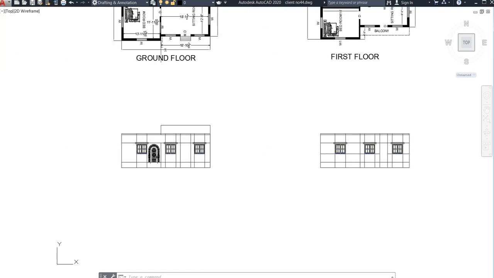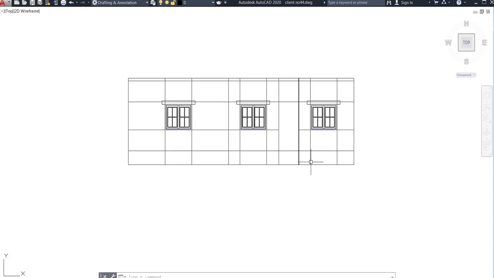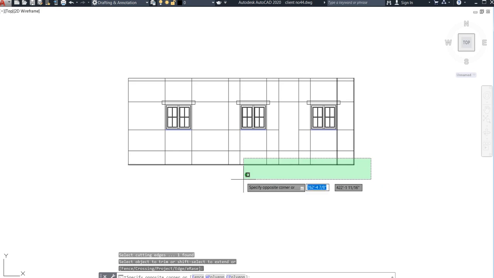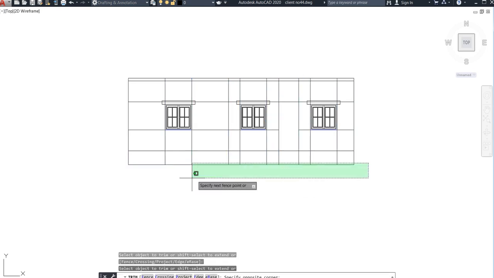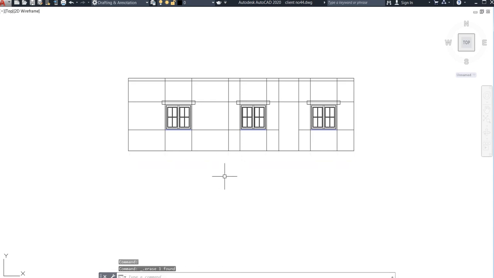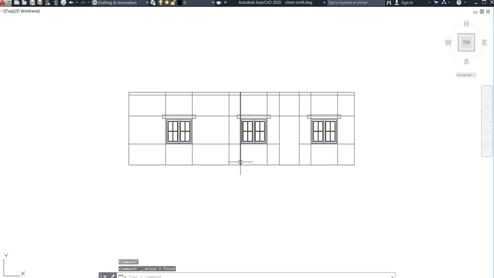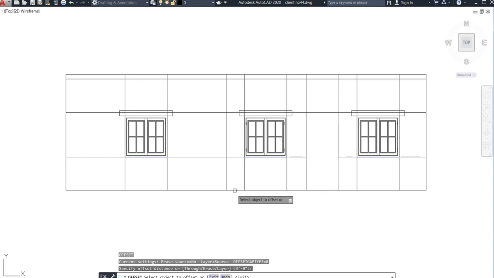So if you want to provide the parapet wall here or at the bottom, see, on the first floor there would not be any type of plinth level or plinth height. So go for trim, TR double enter, just trim this. After trimming, just delete this. See, up to here you can also take your 3 feet of parapet wall. As you know, this is already 3 feet.